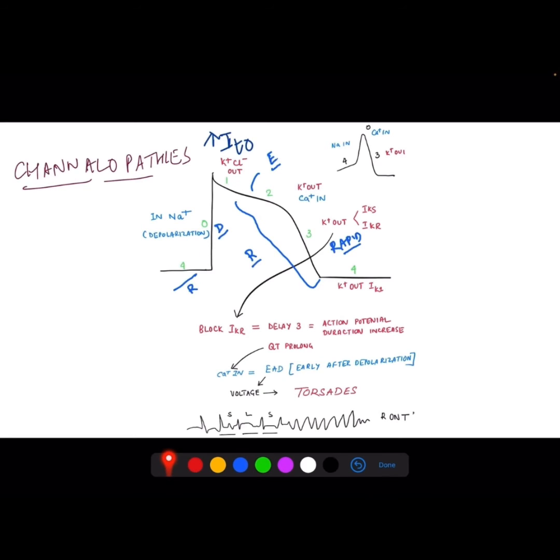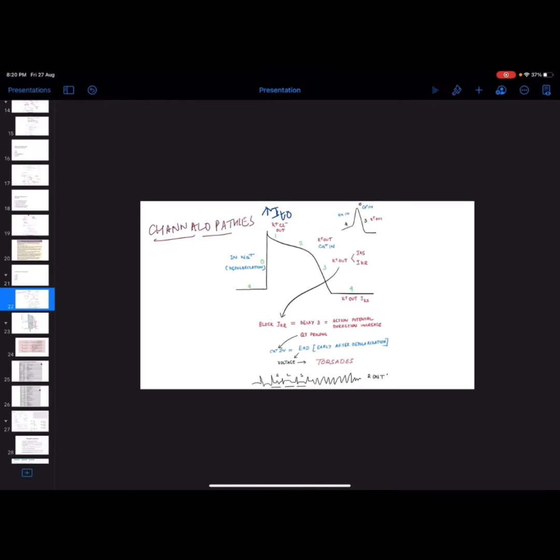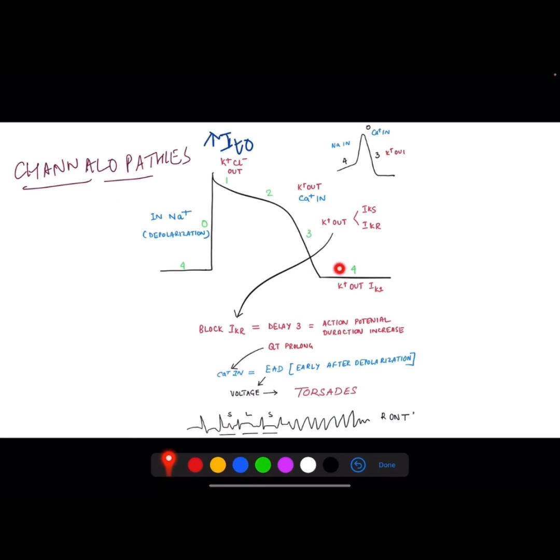In phase 4, it is potassium which goes out to maintain the resting membrane potential. When sodium starts entering into the cell, it rapidly depolarizes, which is called phase 0. After 0, there is phase 1 where there is a slight dip, wherein potassium and chloride ions come out. After that, there is phase 2, which is a plateau phase, where potassium keeps coming out while